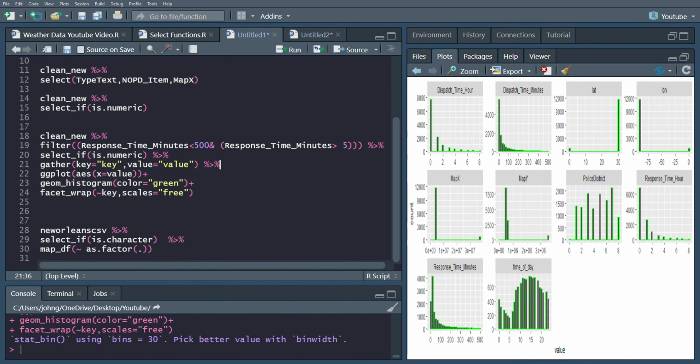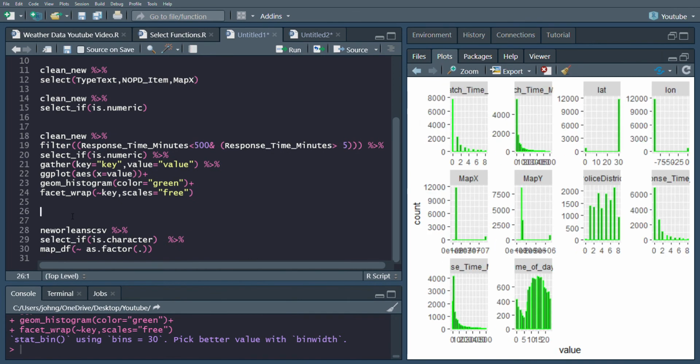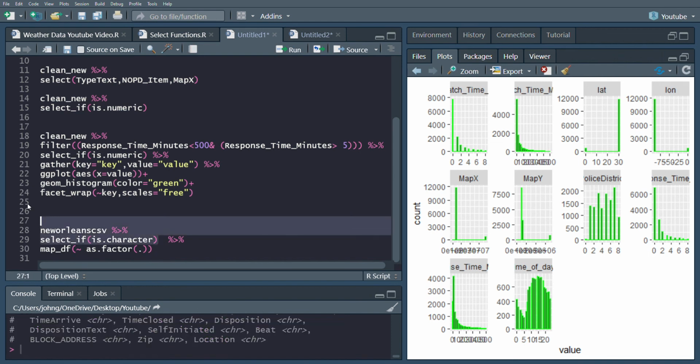And then another example I usually use select_if for. Let's say I want to grab all the character variables, but then I want to change all of them at one time to a factor. So instead of using mutate and doing that one at a time, I can actually use the purrr package with map. So that's what I'm doing out here. I'm using map_df, and then I'm writing an anonymous function to change all of that at one time to a factor. So if I run this right here,